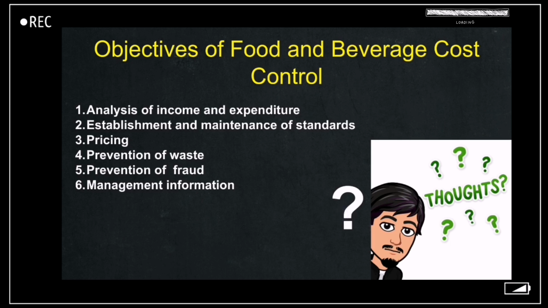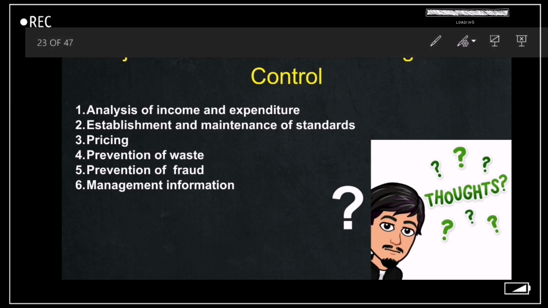So, a cost control system is established to prevent or at least restrict possible areas of fraud by customers and staff. Typical areas of fraud by staff are overcharging or undercharging per item served, or stealing of food, drink, or cash. Having a control system, we can avoid these things, like overcharging, meaning charging too much